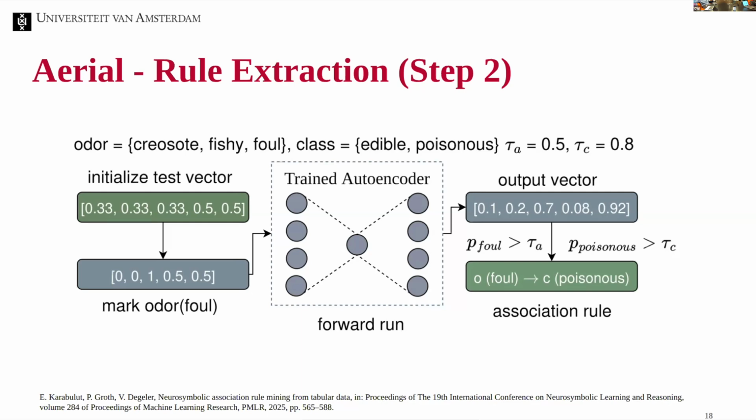Yeah. So this is only for co-occurrence, right? So there's no functional dependencies, for example. I mean, I would say we can also interpret this as a negation rule. For instance, if odor foul does not result in a successful reconstruction of class being edible. Yeah. I would say that's also a negation rule, so it doesn't imply. So rules based on the absence of feature values. Oh yeah. But I haven't tested it myself.